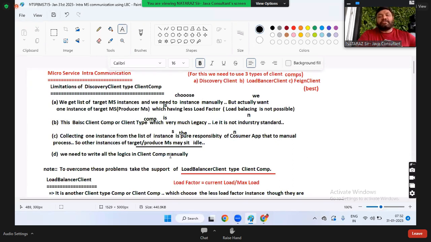What is the conclusion of this discussion, guys? Load balancer client is an interface. Its implementation is the Ribbon load balancer client, which can be injected into our client component class through auto configuration. Its choose method will always get the instance with the least load factor. Right, boss? Anyhow, that can be used in our